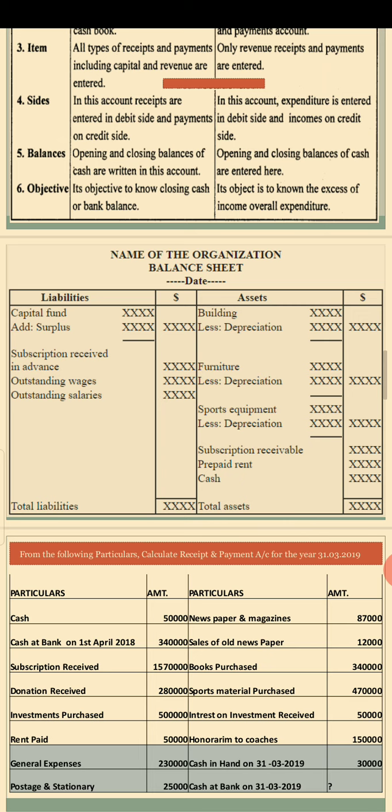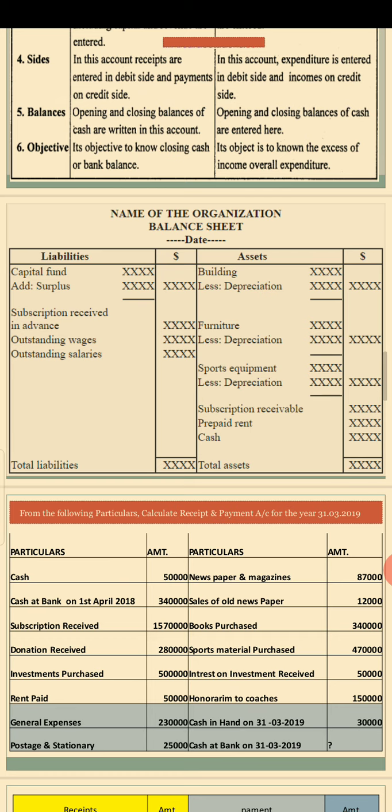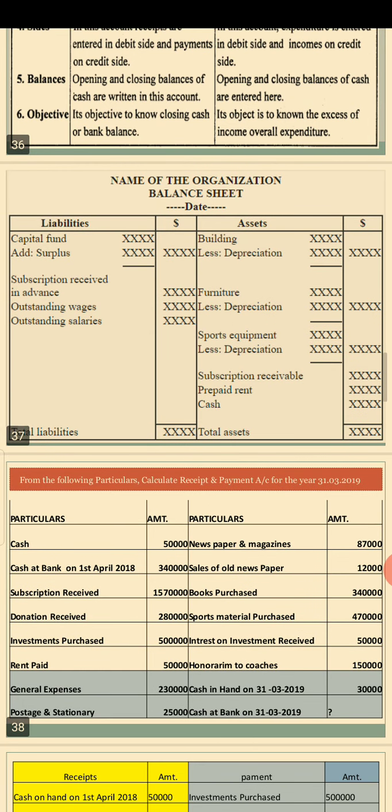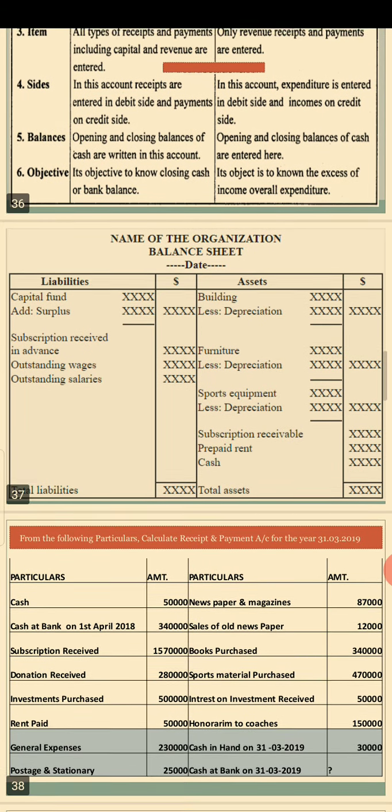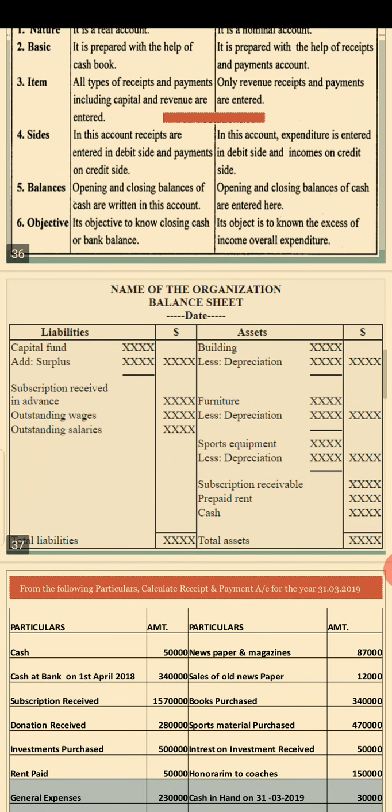Next we are going to talk about the balance sheet. Here it may be an NPO or a profitable organization. Balance sheet is required for both profitable and non-profitable organizations. So balance sheet is the last but not least. The balance sheet of an NPO maintains capital fund, which is shown on the liability side of the balance sheet. See, this is the format of balance sheet of NPO, and capital fund is mentioned at the top of the liability side.